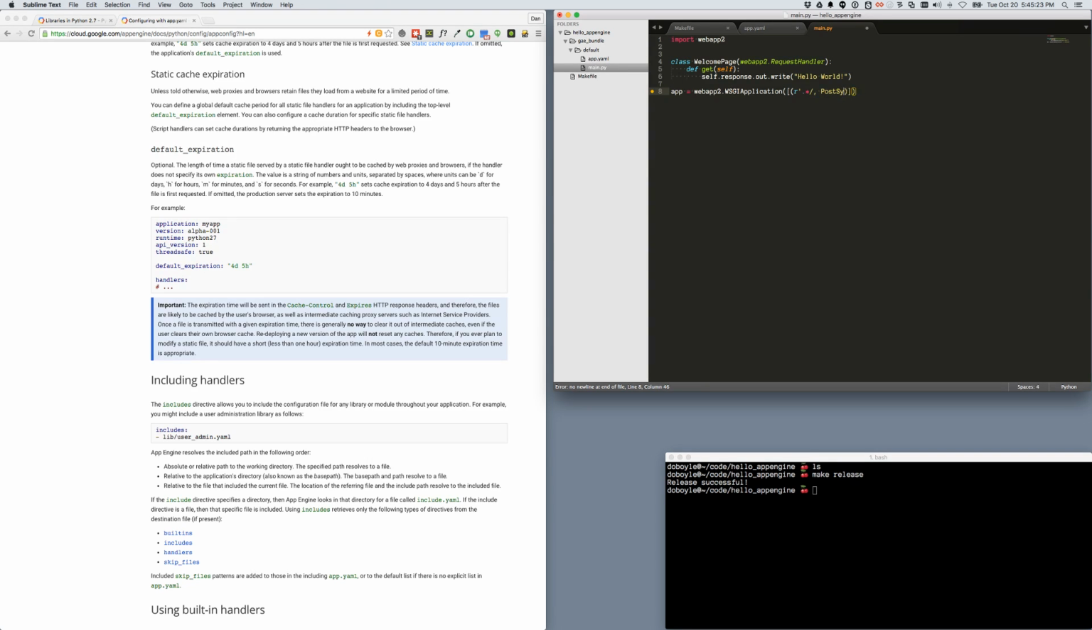And posts, no. And the class that it's going to call whenever it gets something to that URL is going to be WelcomePage. And let's try to clean that up a little. And we'll put debug equals True. So that's just a messy way of saying that